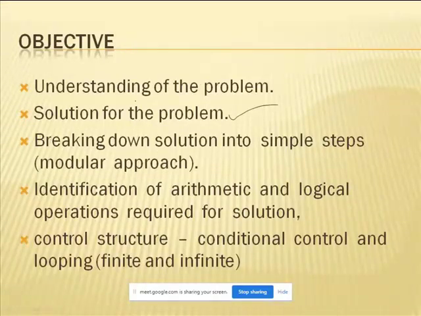So the thing you need to do is break down the solution into simple steps. For the addition part you need to separate 10 numbers, for the subtraction part you need to separate 10 numbers, for the multiplication part you need to separate 10 numbers, and for the division part you need to separate 10 numbers. So here you have broken it down into 4 parts of the solution. Finally the 4 parts are clubbed together, and then you will get an answer. That is what the modular approach is. I will explain it in the coming slides, no problem.